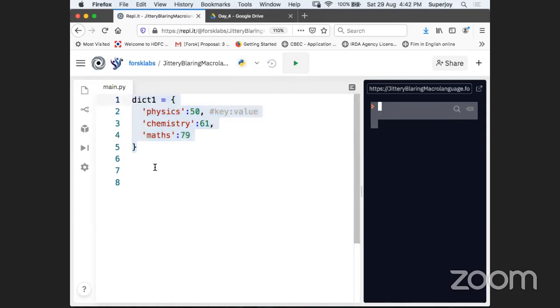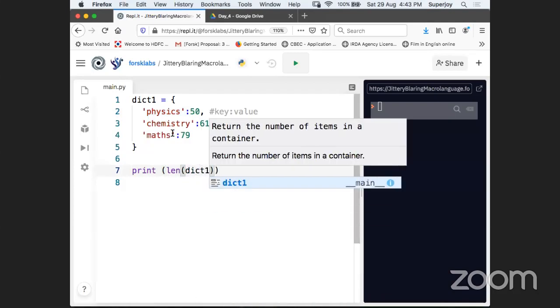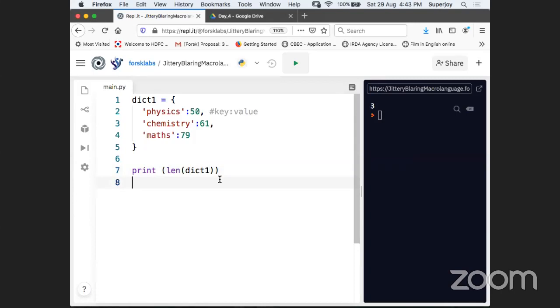Now if I want to know how many records this dictionary has, I can again use the len method, which will give me the number of records in the dictionary. And here you see, guys, we're getting 3 in the output. That means it has 3 records. But what was my problem, guys? My problem was that I wanted to know the marks in the math subject.